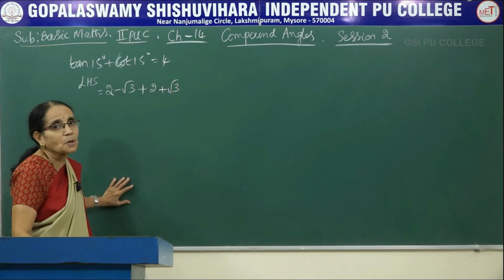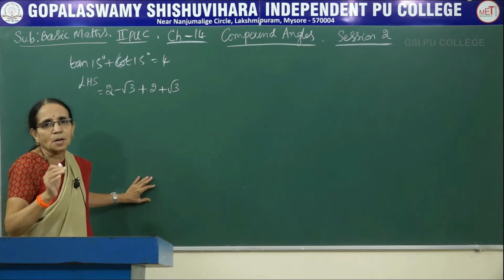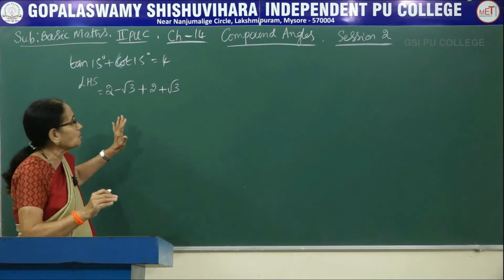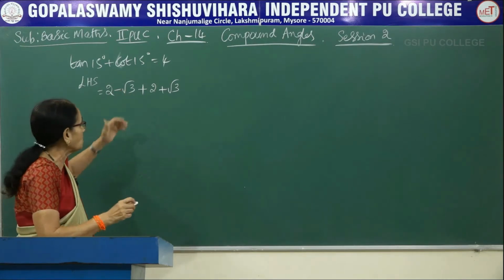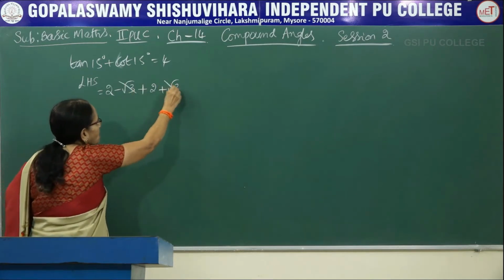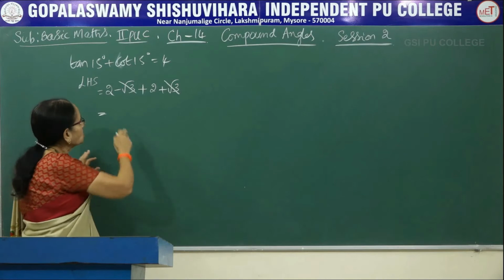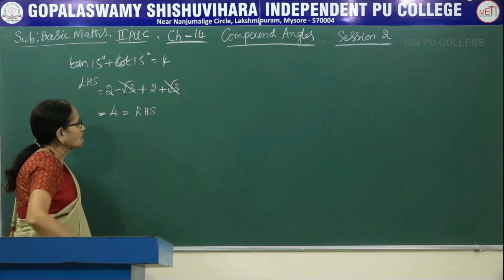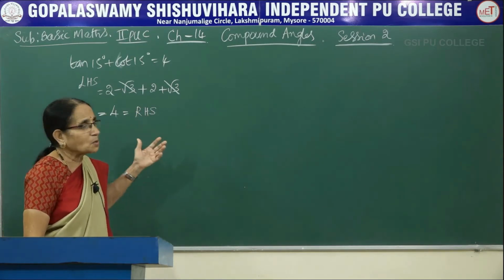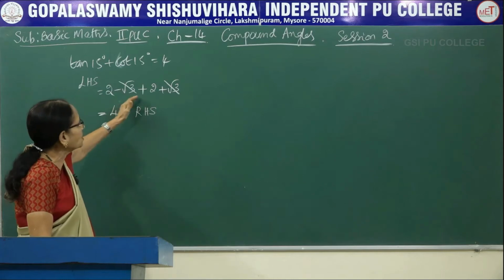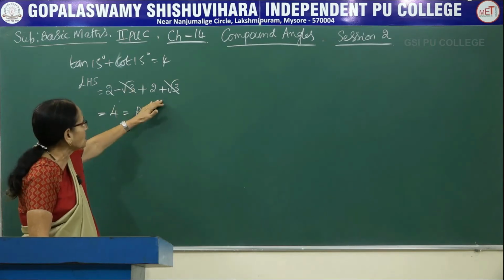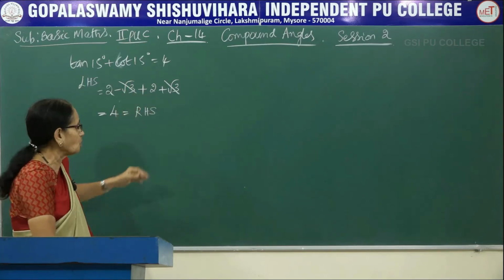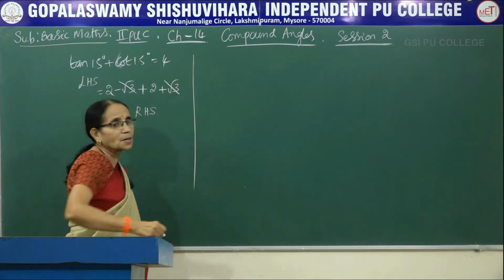These are all standard values. You are supposed to remember all of them, just like for the angles 0, 30, 45, 60, 90 you had learned. Similarly, for 15 degrees and 75 degrees also, you have to remember all these values by heart. Now, clearly observe that the irrational numbers get cancelled. So 2 plus 2 would be equal to 4, which is nothing but the right hand side. It can be given even for a 1-mark question, because it is very simple here. Directly you are writing the standard values, we are not doing any calculation. Directly the values are substituted and we are cancelling. So this becomes 4. Now let me move on to the next problem.